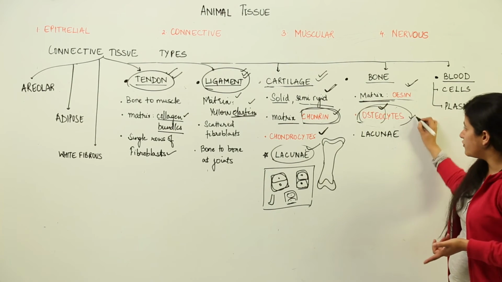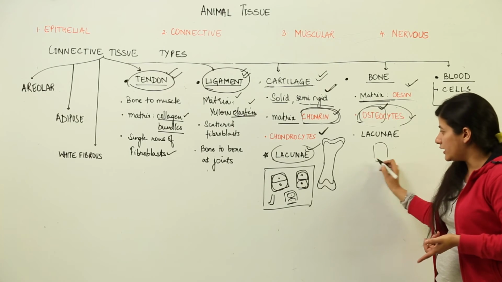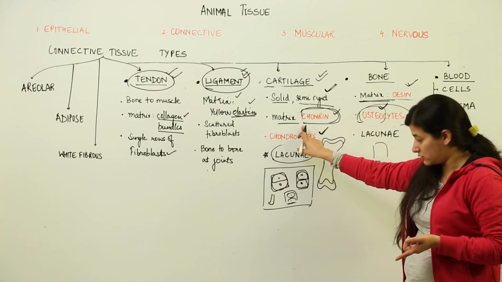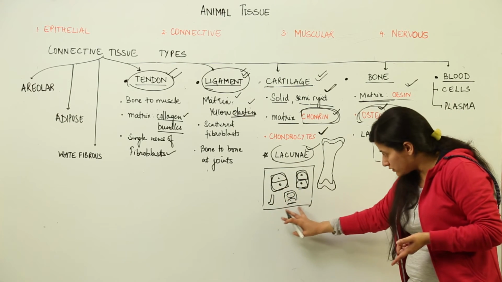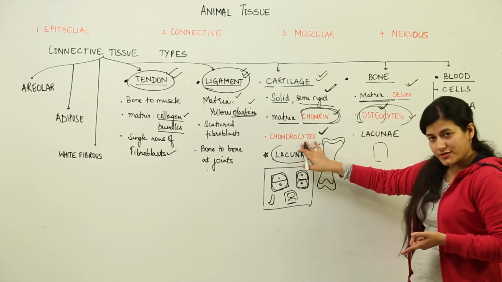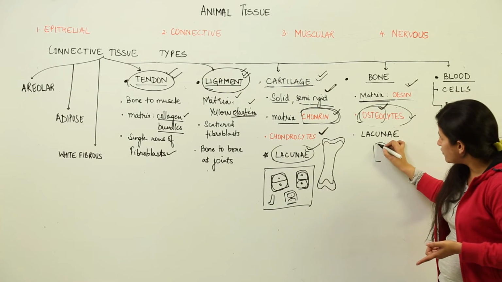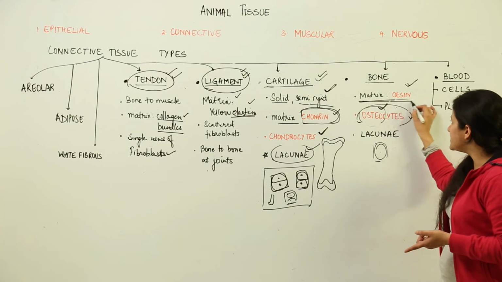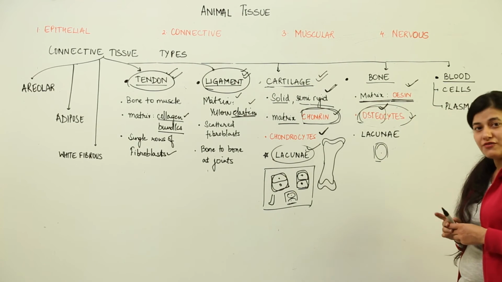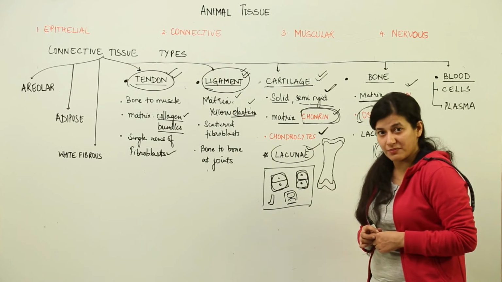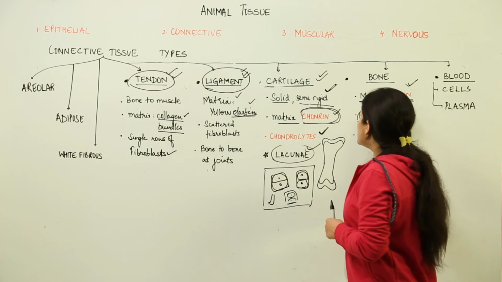Each osteocyte would be located in a lacuna. Over here you need to remember the difference: in a cartilage's lacuna there would be 2 or 3 chondrocytes. In case of bone, there would be a single osteocyte present inside the lacuna, and the matrix ossein is very much rich in sulfate, fluoride, calcium and phosphate compounds. That is why our bones are so hard.